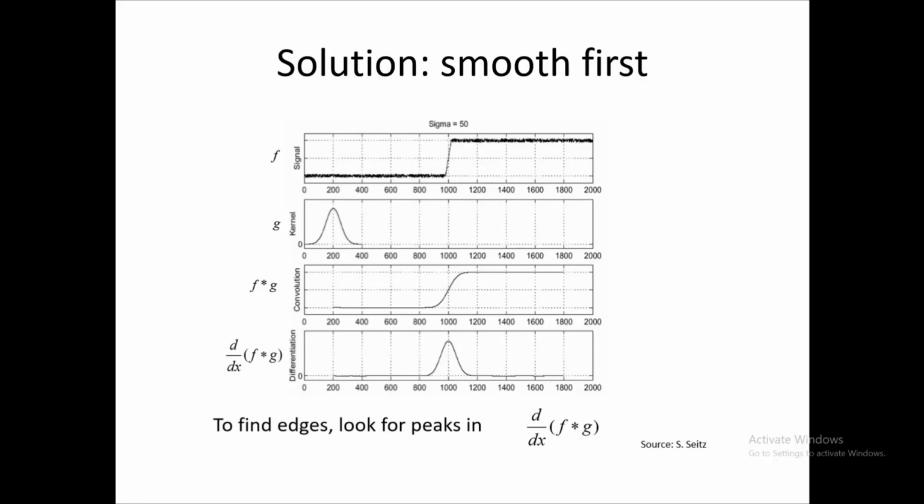When we smooth it, we get g convolved with f, and this is the result after the convolution. Now we get a nice smooth function, and after we do the differentiation, we get a nice smooth function again,